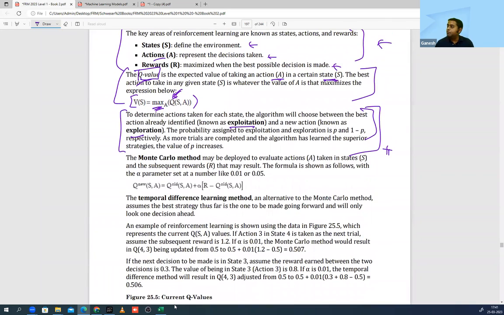Okay, next part. We are going to move towards this part, the Monte Carlo method. Now, basically, see, when we were looking at states, what is a state? A situation. In how many situations is the model going to learn from? If you look at the basket, it has balls. So how much will it be able to understand? Only a certain number of balls are available, and it will learn from those. But if you look at Monte Carlo simulation, if you understand from the previous chapters what was happening, you give a variety of situations. Over here also, when you use this approach, the state that the model is going to look at is going to be a variety.